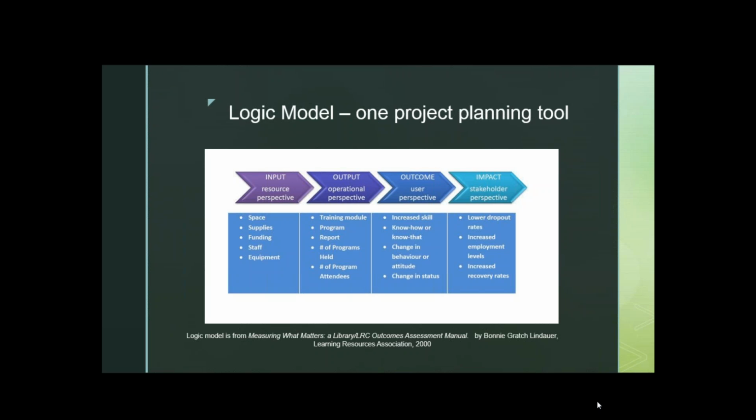And I think in our lives, and with different projects, we often do think about, here are the resources I have, here's what I'm going to do, and here's what I hope happens as a result of that. Really what I want to tell you is you're technically supposed to go right to left. You're thinking about what it is you're trying to achieve and then building your project to try and achieve that. But knowing that the human brain works left to right, I'm going to start on the left as I talk through this. So the left is the most concrete.